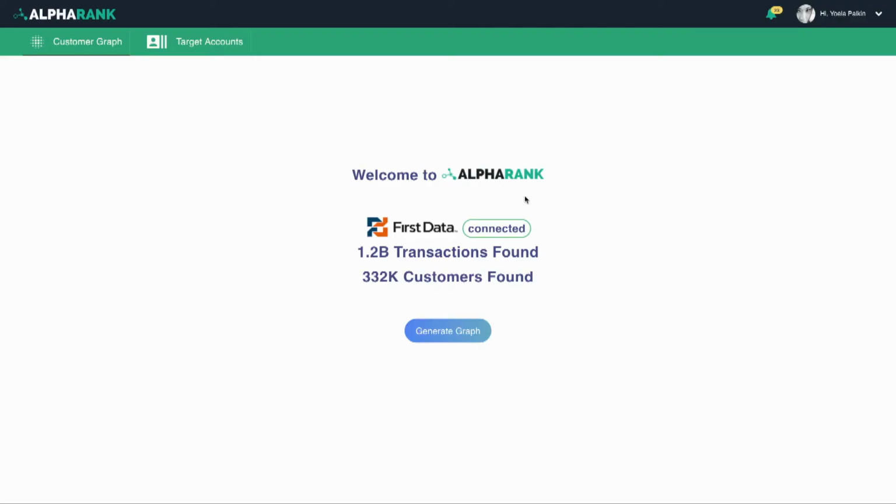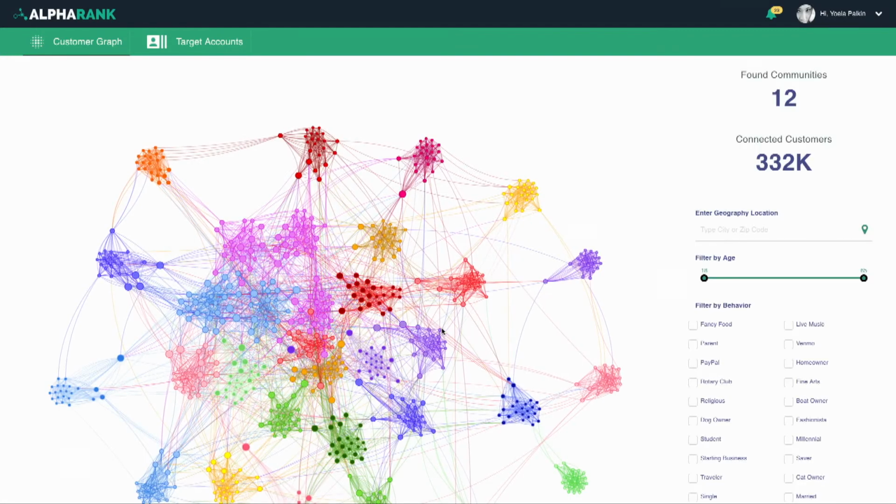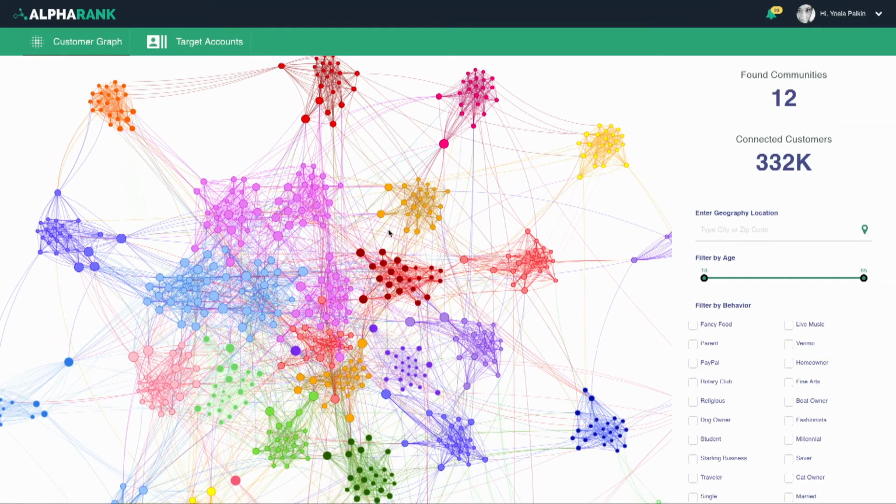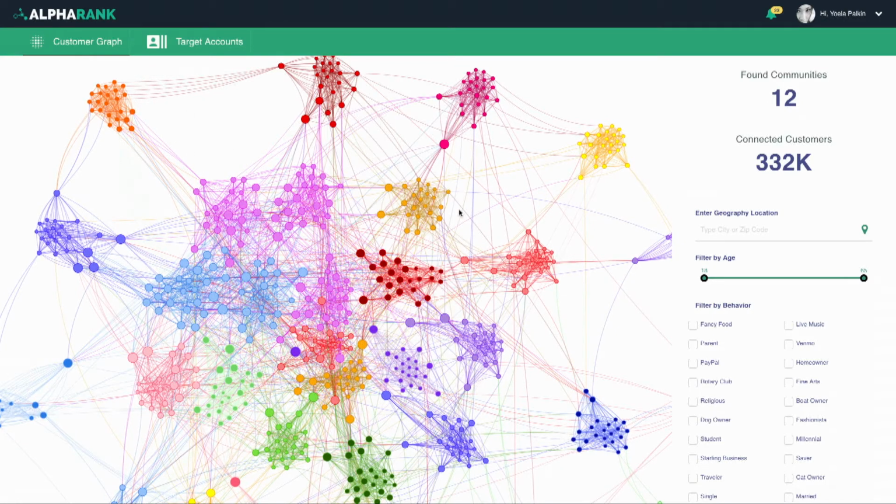Step 1. Alpharank takes data from your core processor and your card processor and merges it together into a new, clean, useful data asset, always anonymous, constantly updated, easy to explore. We call it a customer graph. And then step 2, Alpharank identifies distinct communities in the graph where your brand is doing extremely well. That's the color coding you're looking at.